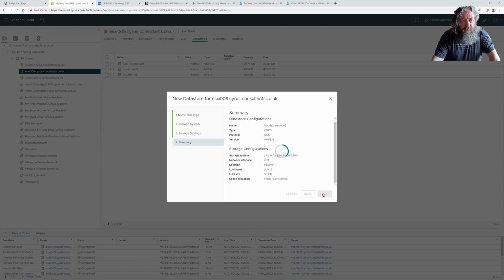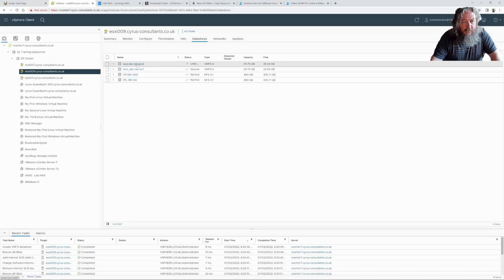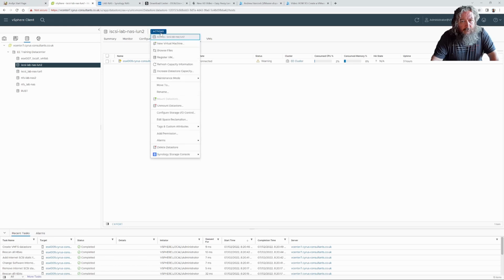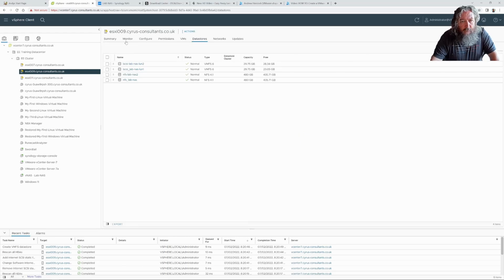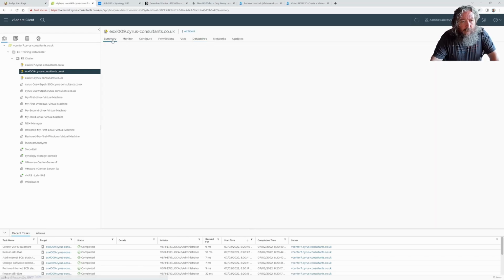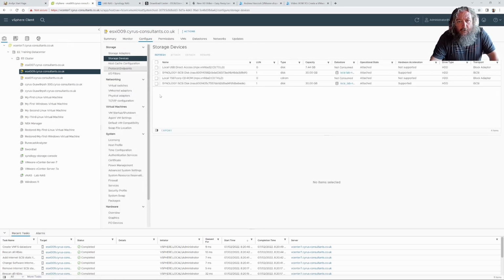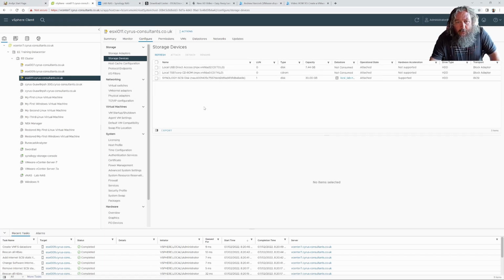It's thinking, it's certainly thinking a lot longer. Successful. So here's our iSCSI LUN 009. So if I have a little look, I'm going to have a little look in devices here. Okay, so we've got our second LUN 1. I'm just going to check to see. Yeah, I suspect that